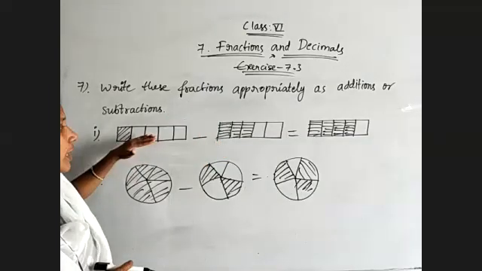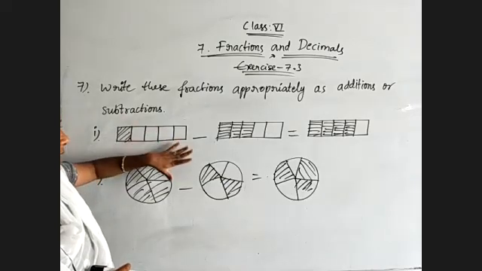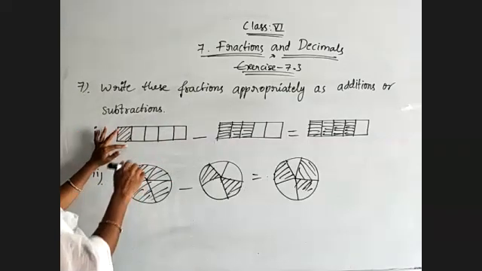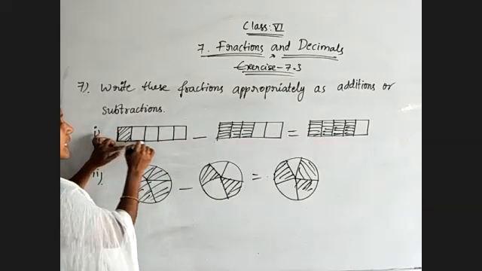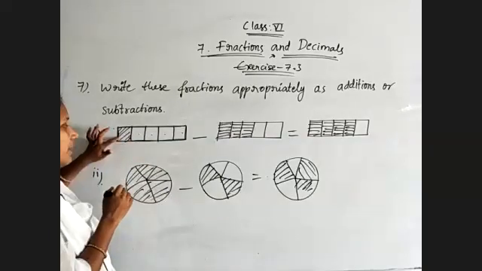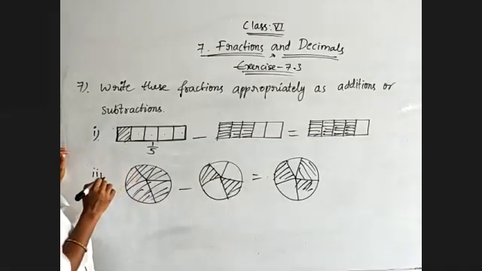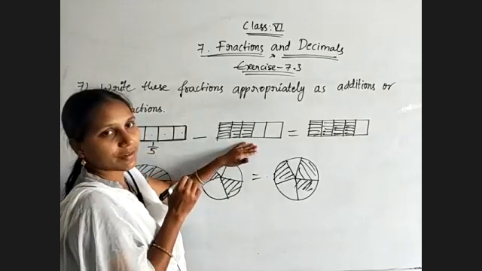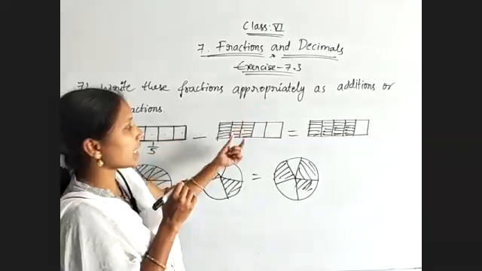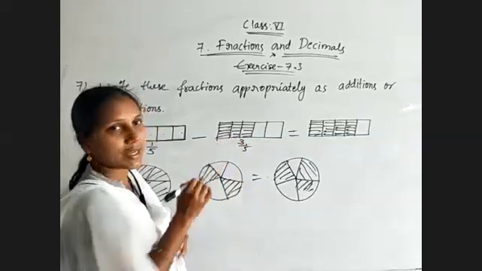So before that, whatever fractions are represented by using pictures, we will write first, the shaded portion, okay? So observe the first picture. Here the rectangle is divided into 1, 2, 3, 4, 5 equal parts. Only one is shaded. So that means it is 1 by 5. Okay. Now coming to the second picture. Here it is also divided into 5 equal parts and only 3 parts are selected. So the fraction represented by this one is 3 by 5.